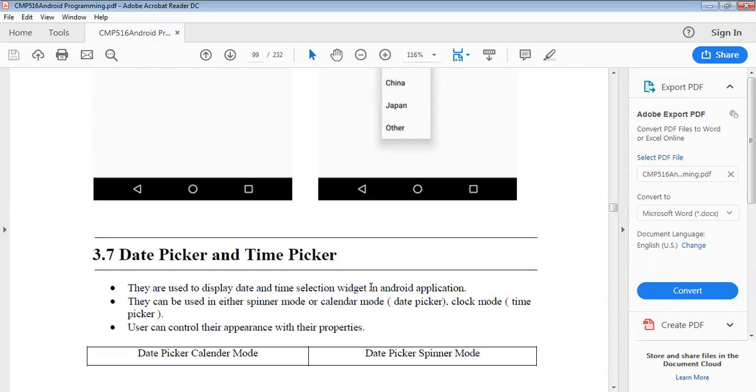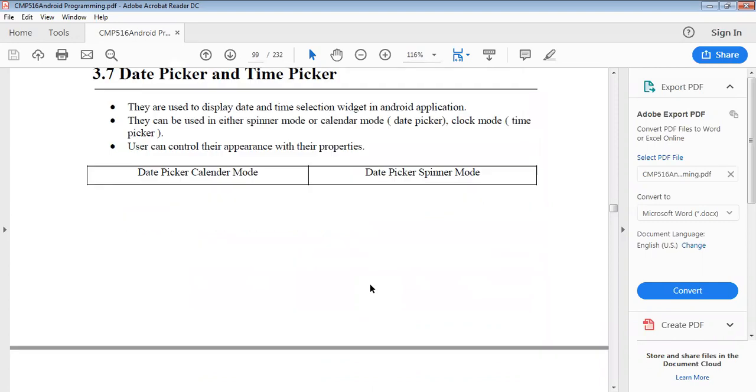They are used to display date and time selection in our Android application. They can be used in either spinner mode or calendar mode for the date picker, and clock mode for the time picker. So the users can control their appearance with their properties.